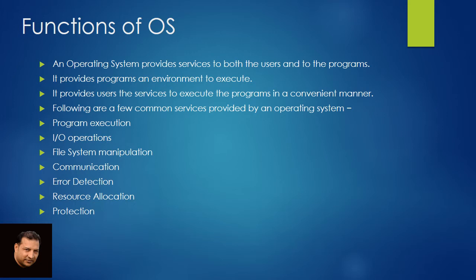Program needs to read a file or write a file. So the operating system gives permission to the program for operation on file. Permission varies from read only, read write, denied, and so on. Operating system, as you know, provides an interface to the user to create or delete files. Then operating system also helps in communication between different devices or processes.